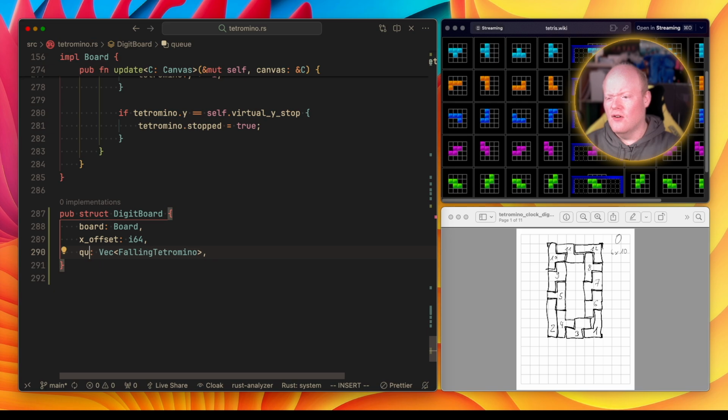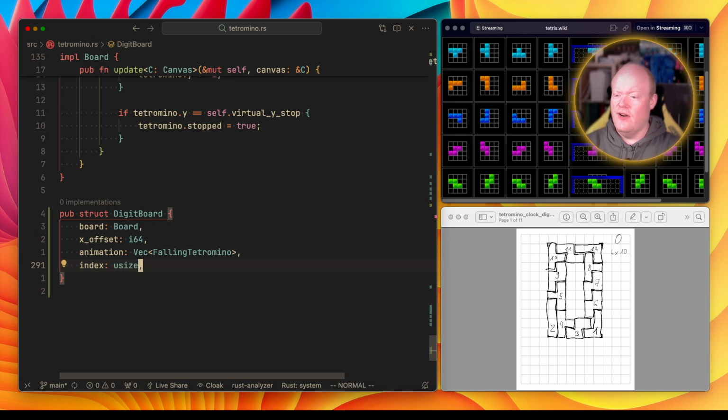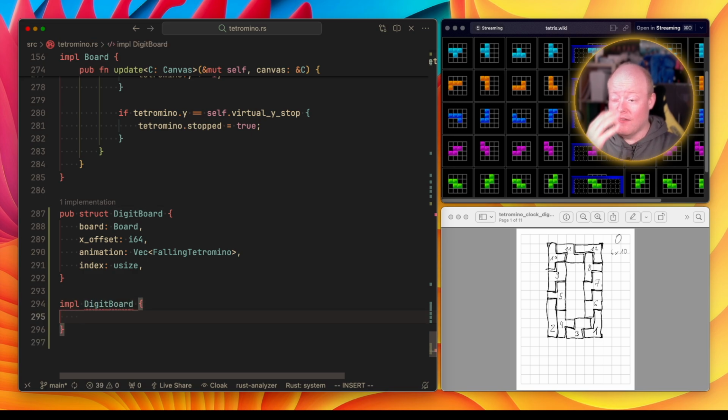Maybe we can call it animation. Let's call it animation. And then current, or just index. That will be our index into the current animation array. As I've said, I'm not really sure about the naming here. Okay, so now let's impl the digit board. And the digit board should actually then have a pub fn new, which takes actually an X offset, which is an